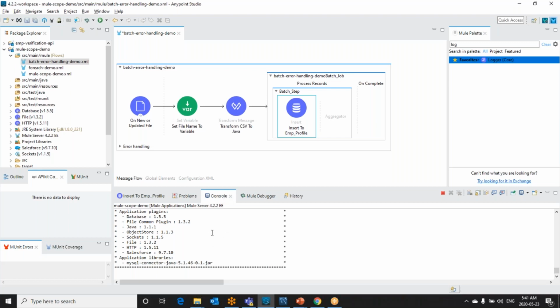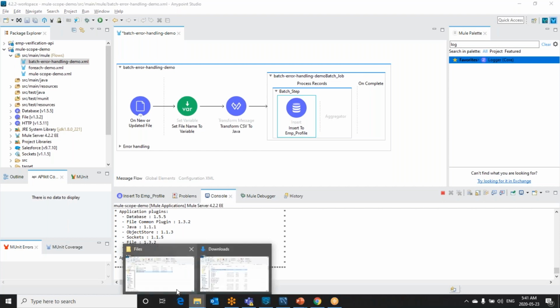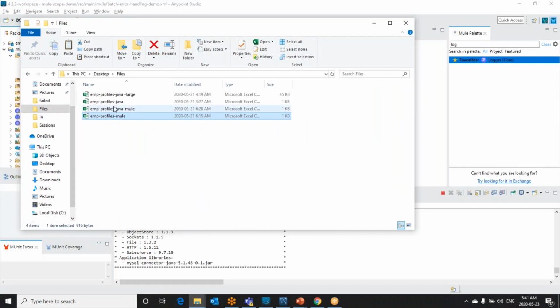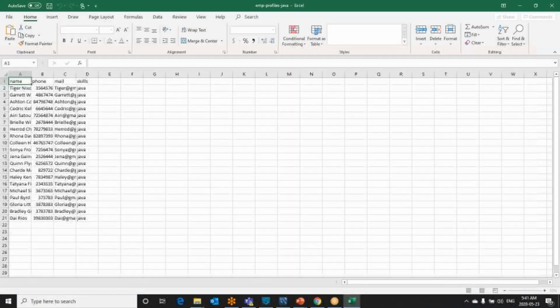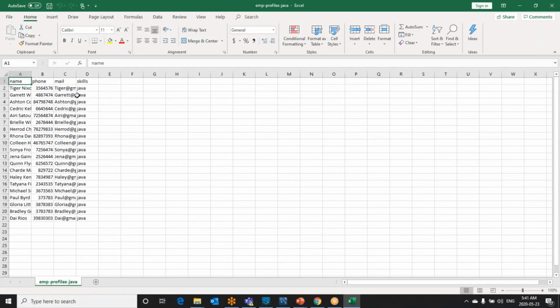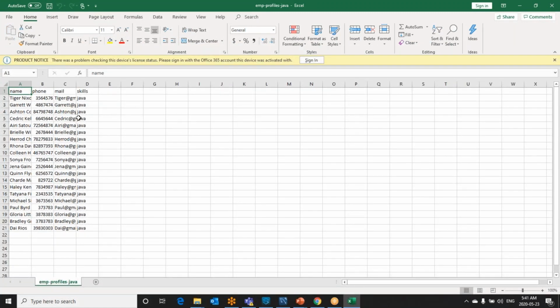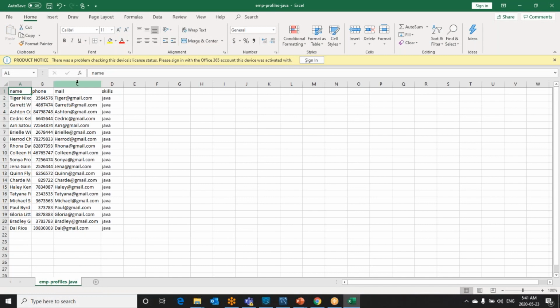Let's see. I'm already running this application and I have some sample files here. If you see, I have a comma separated CSV file, EMP profiles, Java profiles. So once LinkedIn places this file, my process will pick up this file and process it to the database.